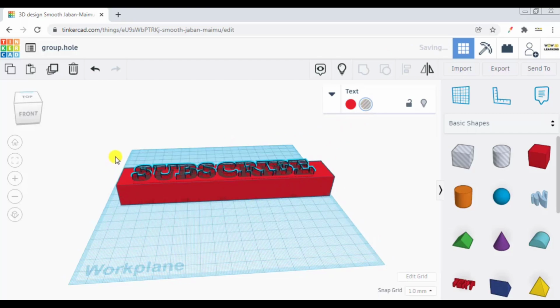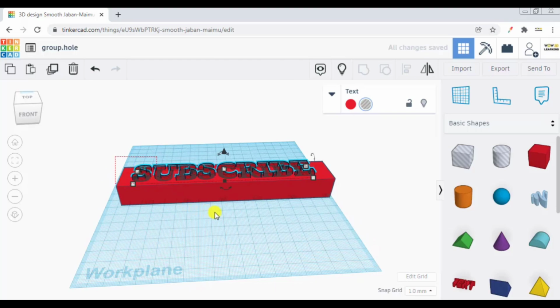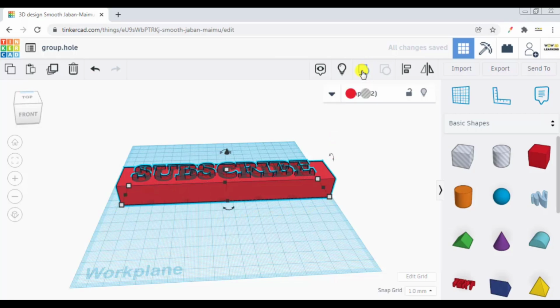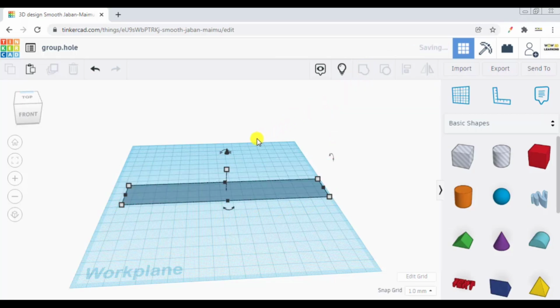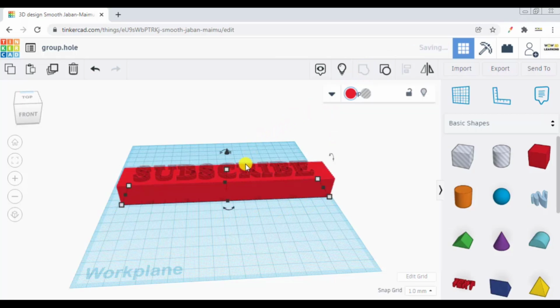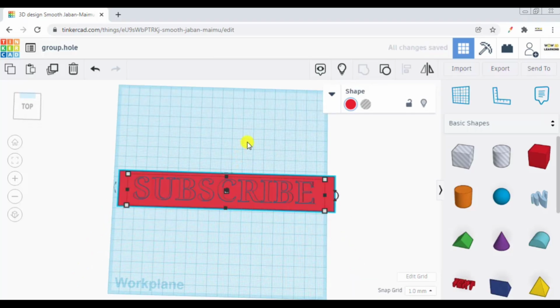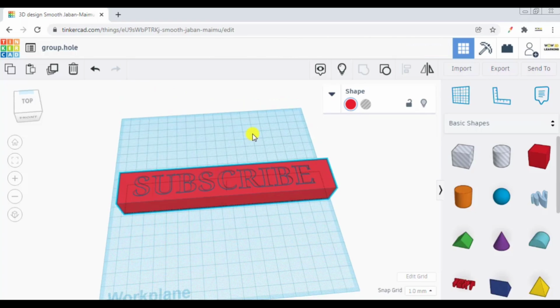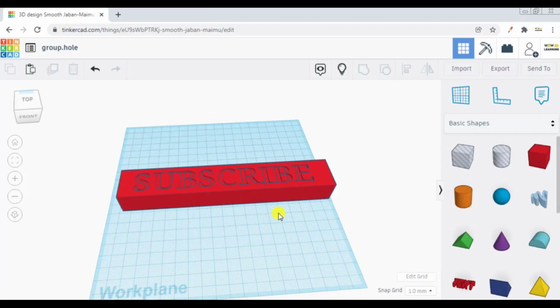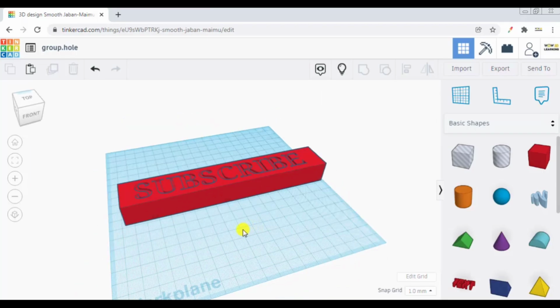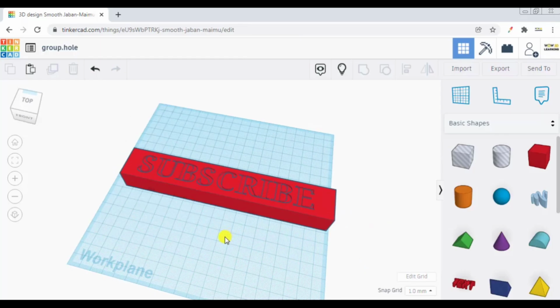Now if I select the object as well as the text together and I press group, see what has happened. So you have a box which has engraved subscribe onto it.